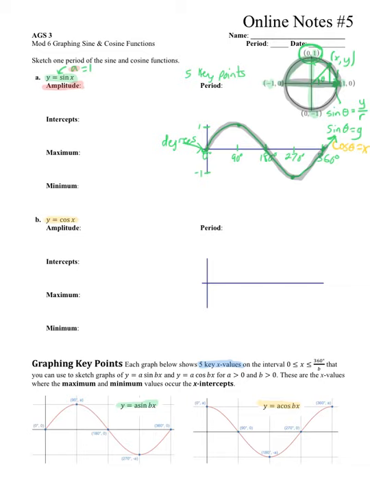All right, so for each function, I'm going to ask you to identify the amplitude and the period of the function. So amplitude, I highlighted in red already, and then period, I'll highlight in blue. Well, the amplitude corresponds to what we're going to call the A value. I'm going to highlight down here below. We've got y equals A sine of Bx and y equals A cosine of Bx. So whatever number is in front of the sine or the cosine represents our amplitude. In this case, there's no number written for y equals sine of x,